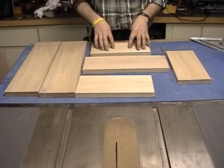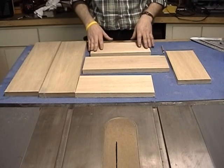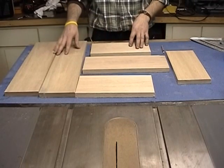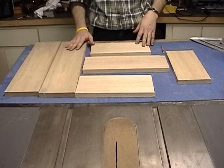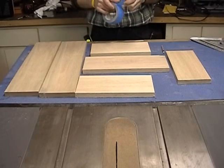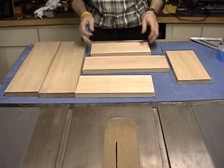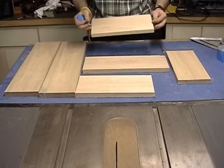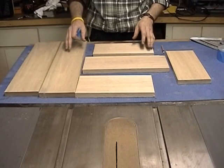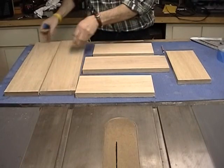Okay, now that all the parts for the case are rough cut to size, the one thing I like to do is to lay them out and mark the individual components so they don't get confused in the process. And a great way to do that is by just taking some blue tape. The first thing you want to do is go through, look at your pieces, and determine what's going to be the face of your parts. And once you have that determined,